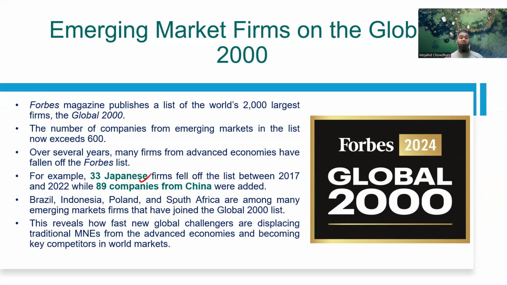On the other hand, 89 Chinese companies were recorded in the list, meaning the advanced economies sometimes are losing their ground. On the other hand, the emerging countries like China, they're grasping the market. And then Brazil, Indonesia, Poland, South Africa are among many emerging market firms that have joined the Global 2000